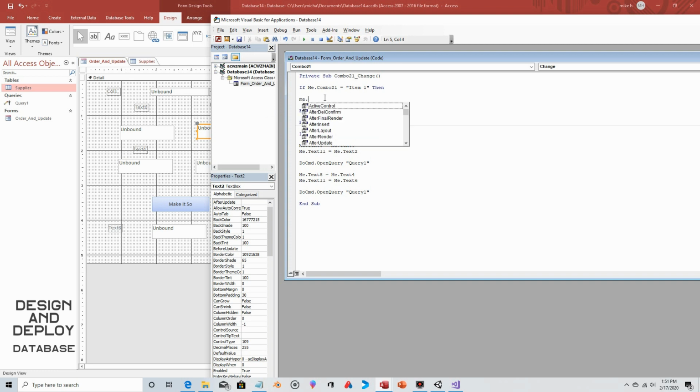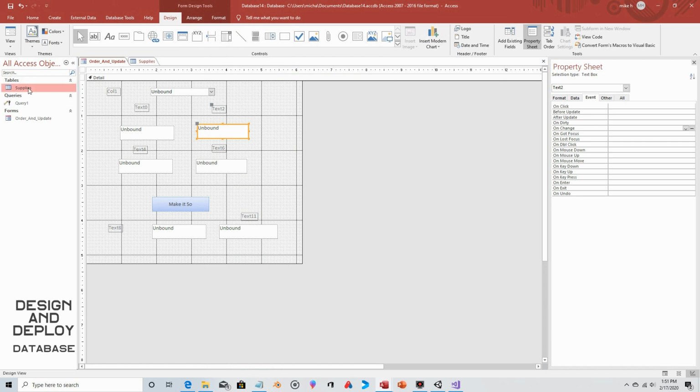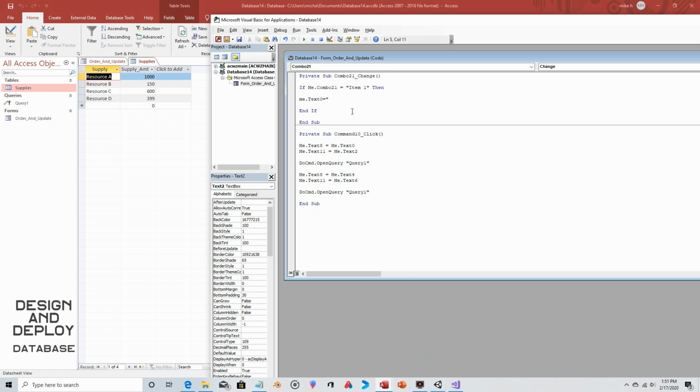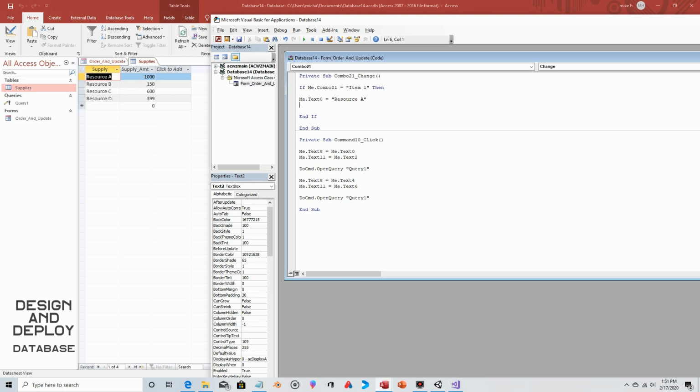So Me.Text0 equals, and again, we need to use the exact verbiage. I think it was resource 1. Let's go back over to the table. Take a look. Resource A, actually, sorry. So resource A, and we'll say it changes